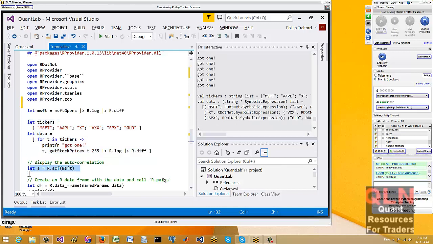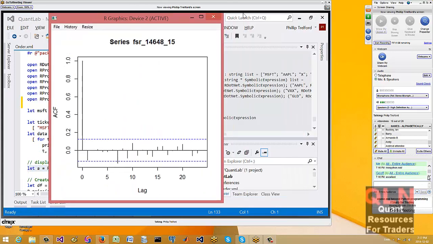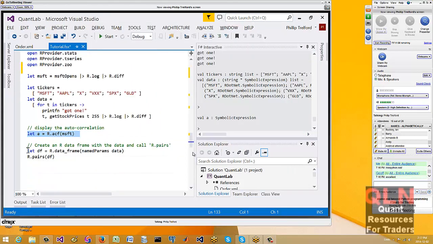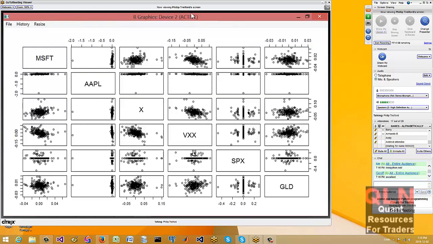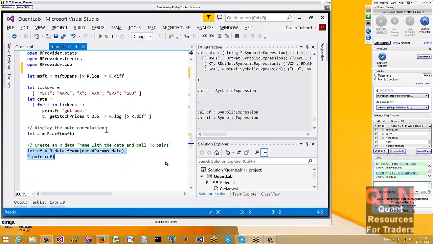And we'll now just get an autocorrelation on MSFT. So that was nice and easy. And so it's just popping out as if it was, in effect, part of FSharp, but that's actually an R plot. And here we go. Now we can plot all of the bits that we were looking at before in the chart. So that's kind of cute.